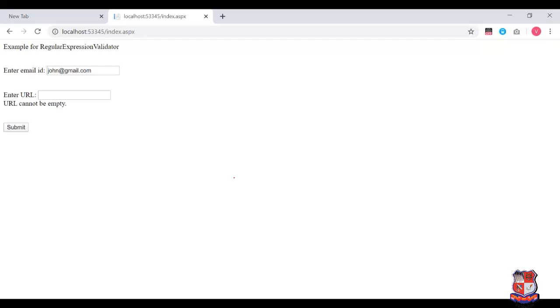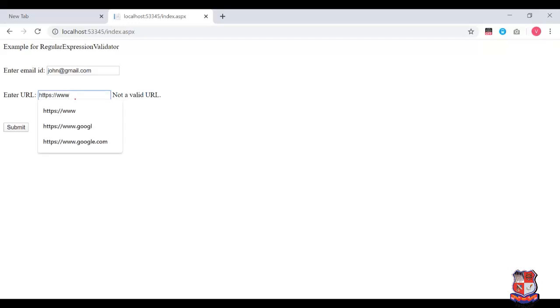Okay, same we have to do for URL. For example I'm entering https then colon www. Just write like this and click on the submit button, it will tell us not a valid URL.